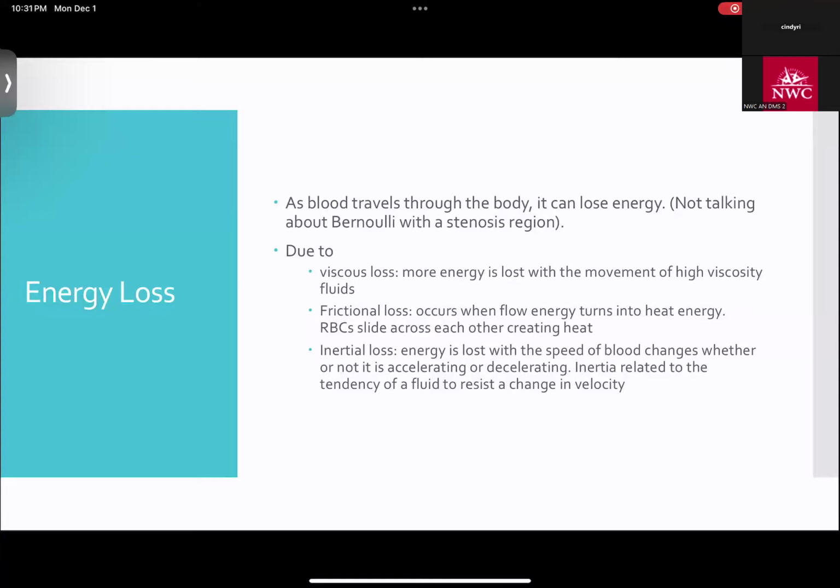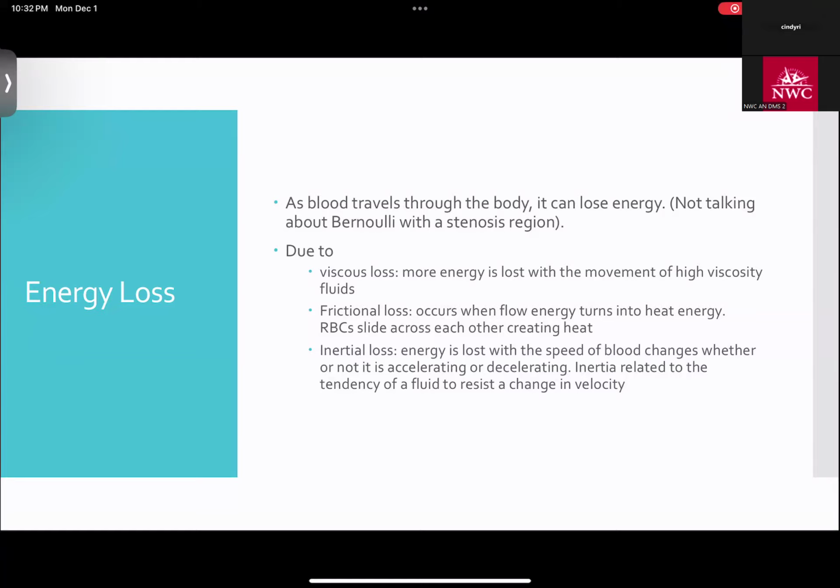I put the note there about not talking about Bernoulli with the stenotic region, because if we add what Bernoulli said, we may get a little bit confused. So I just want you guys to work out of boxes, right? We remember what Bernoulli told us: energy is constant, energy changes, but there is constant energy throughout a stenotic vessel or artery. Now we're talking about something completely different, right? We're closing that box and working out of another brain box, and we are now focusing on the loss of